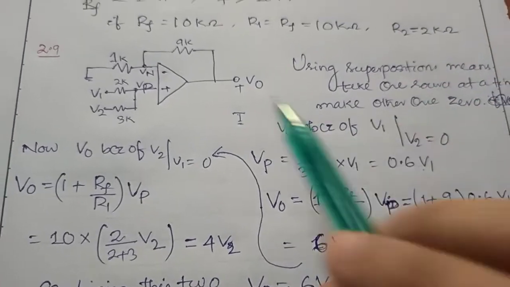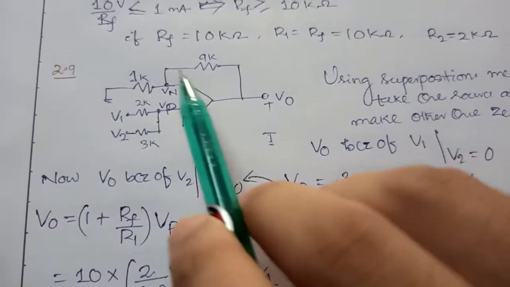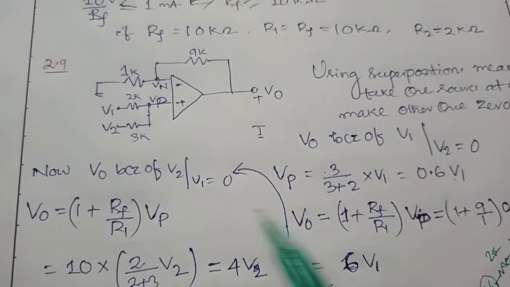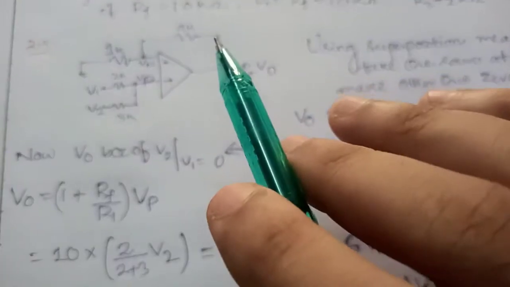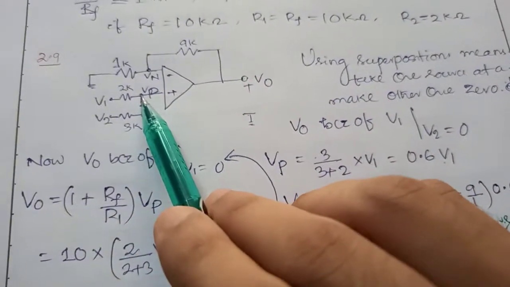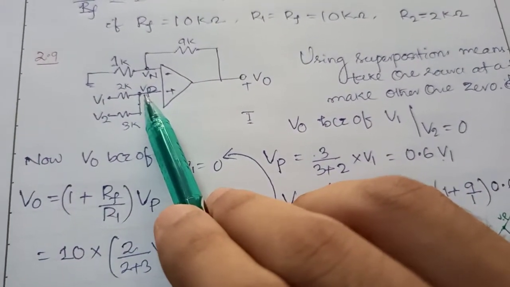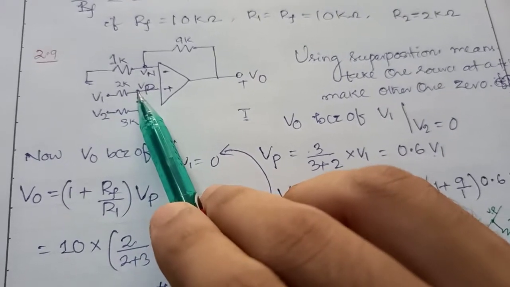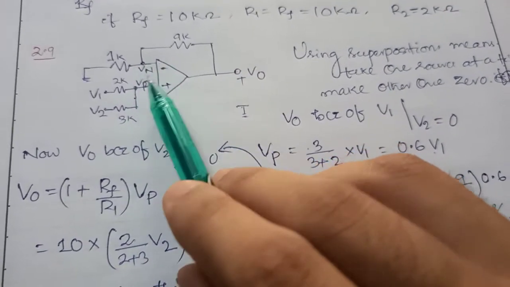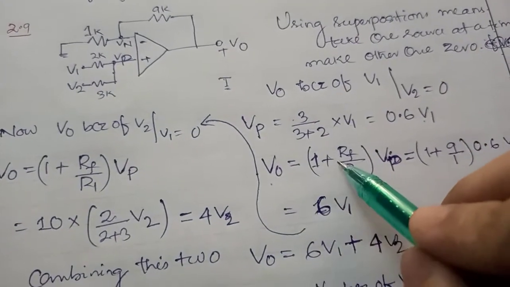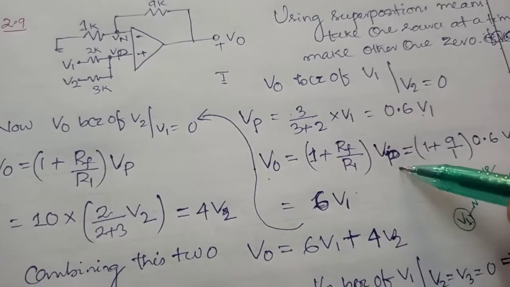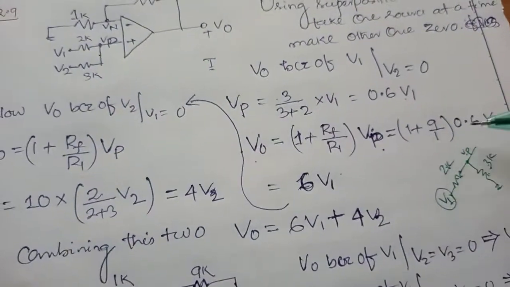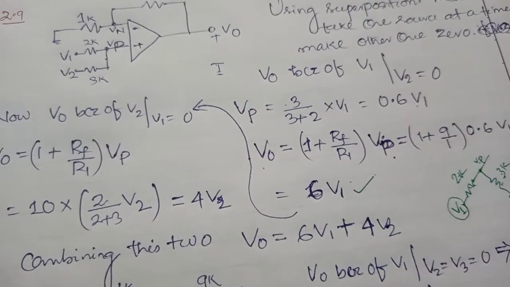Okay, so if I write now, this circuit looks like a voltage over here, a resistor R1, a RF. So what will be the output for our non-inverting terminal? Because this is the non-inverting terminal, voltage is given to the positive terminal. Because of virtual short, that voltage occurred here. So for non-inverting terminal, my output is nothing but 1 plus RF by R1 into Vp. So I put all the values of RF, R1, Vp, and I will get my V output is equal to 6 V1.